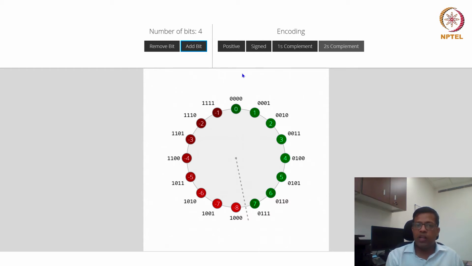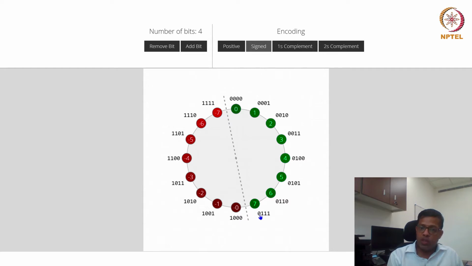Let's quickly have a recap here. These are the positive numbers which we discussed first, 0, 1, 2 up to 15. Okay, so this is the positive number circle. If we are doing it in a signed manner, then we see this discontinuity is happening at 2 places. So we are doing 0, 1, 2, 3, 4, 5, 6, 7, and after that comes 1, 0, 0, which is the sign notation, sign magnitude. So basically 1 here means a negative number, and the rest of the 3 bits represent magnitude.